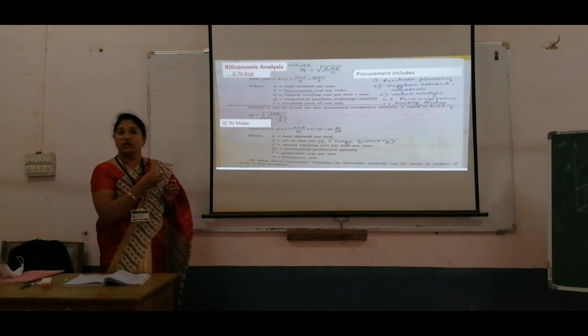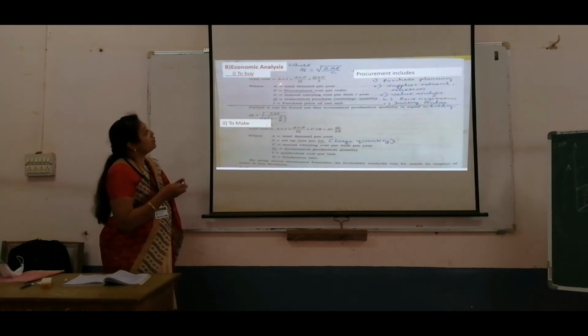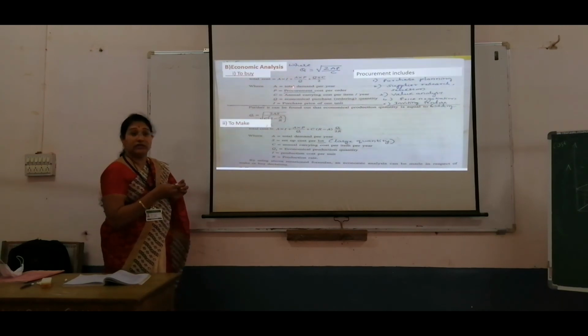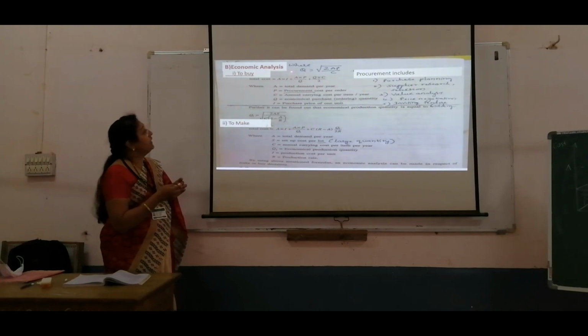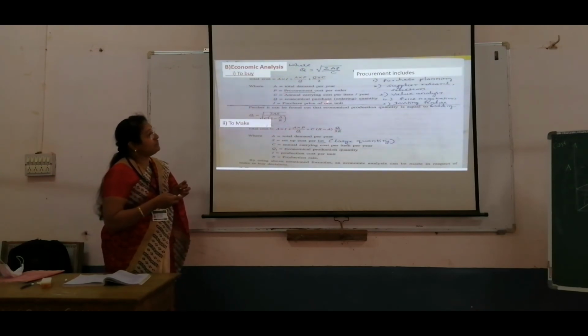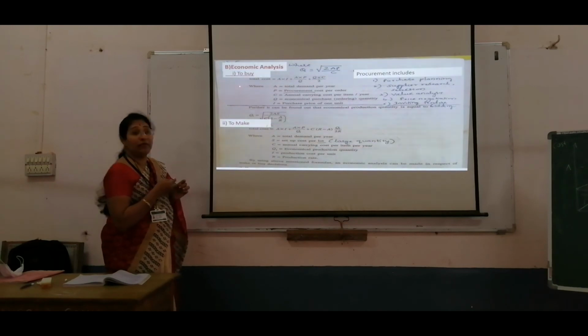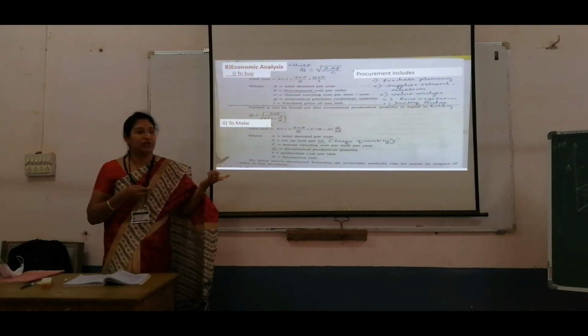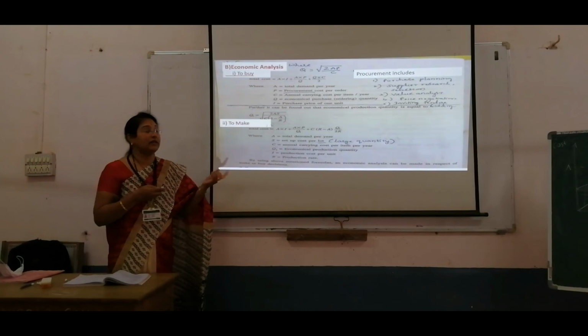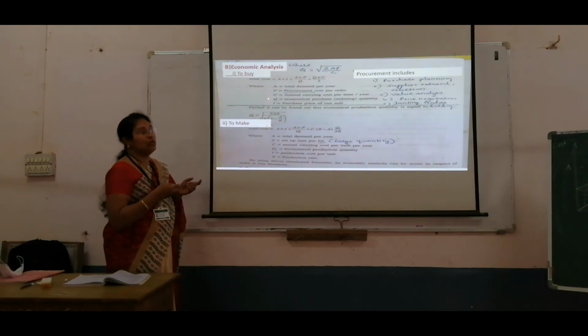Can you see this? Okay. In this, what do the terms indicate? Each term here. Q is what? It is the economical purchase quantity. You are going to buy, which means purchase quantity we should consider. We purchase, that is, buy. So let us take one by one. A is what? Total demand per year.